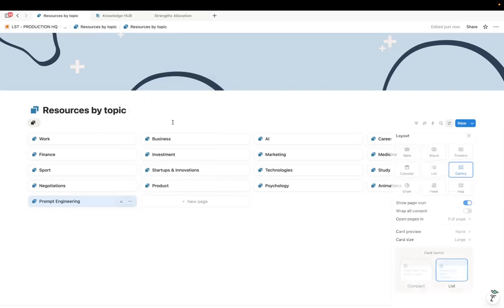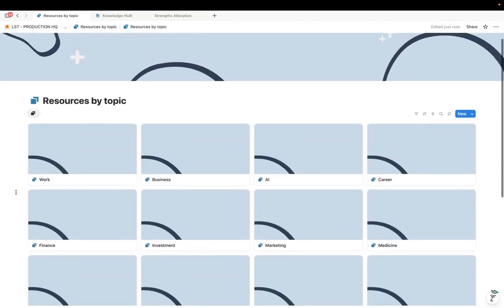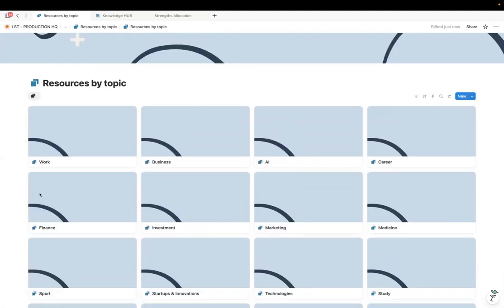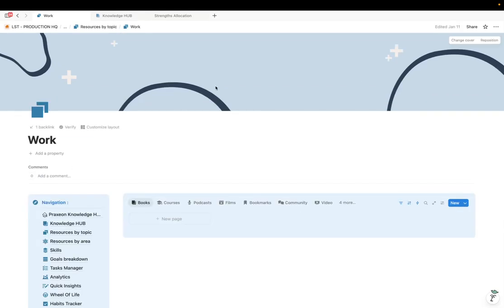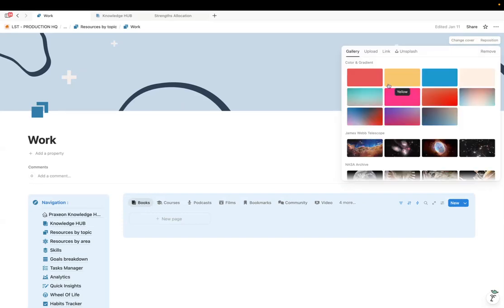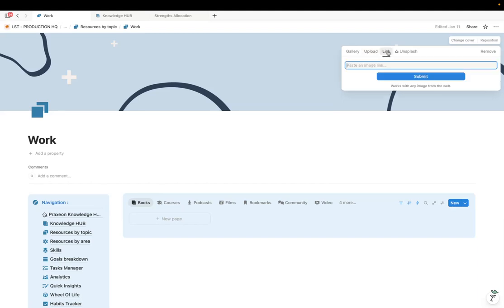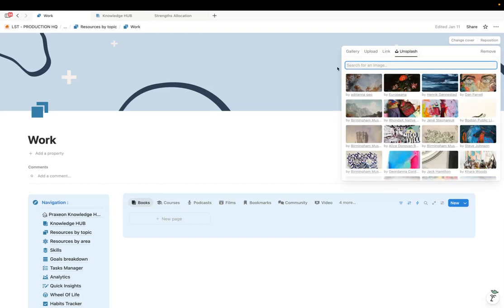Then you go to the section layout and you see that the layout is currently chosen as a gallery, but if you take a look into the card preview, you see none. If you choose the page cover, it will visualize your topic. In order to change the image for the specific topic, you just click on this workspace. You will see the image on the top, then you click change cover. And you just choose any image you want from either gallery, upload, link, or even you could unsplash the picture